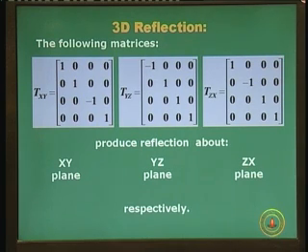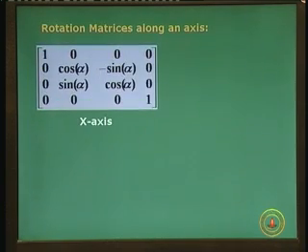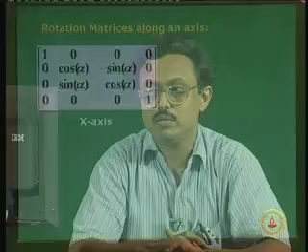So, you can visualize this, that the corresponding matrices will cause the reflection about the xy, yz and zx planes respectively. So, these are reflections about specific coordinate planes, as we had reflection about a line in 2D, and we will also look into reflection about a general, arbitrary plane in 3D. But before that, we will look into another form, which is the most important part as far as mathematics and concept is concerned, rotation about an axis.